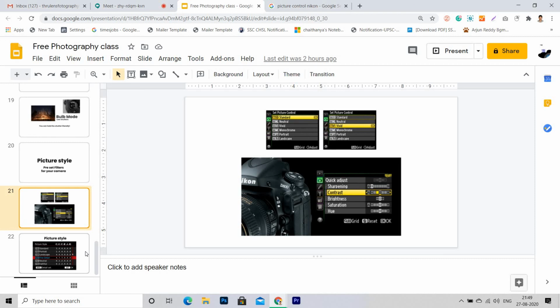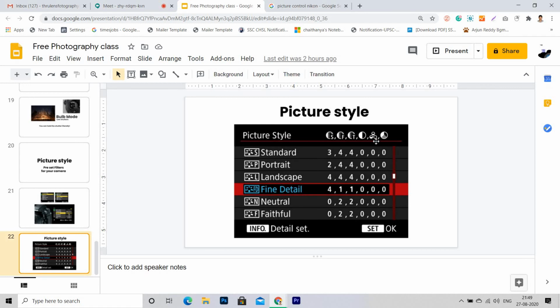In Canon, go for saturation and color tone, just increase these numbers. Whenever you're here, if you can see, these are all at zeros, and this sharpness and everything is already fixed. So if you increase a little, like a high value or low value, you can seriously see nice pictures, nice colors will come.